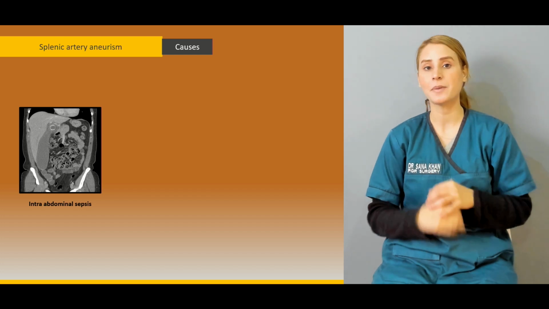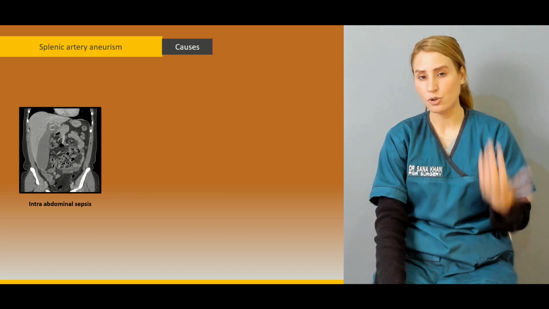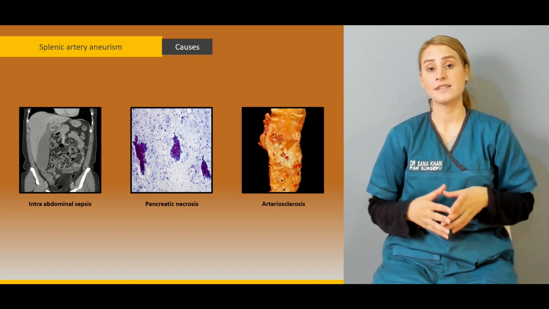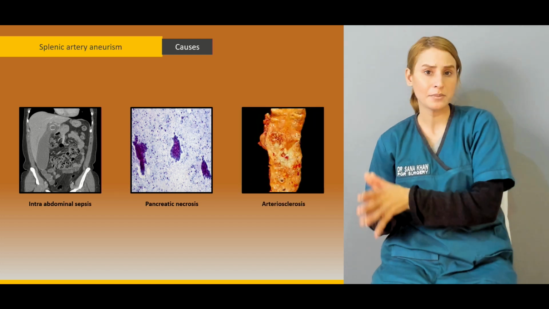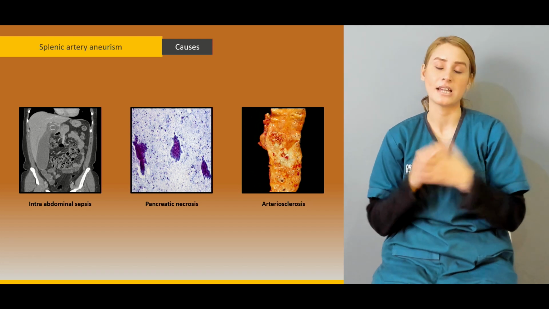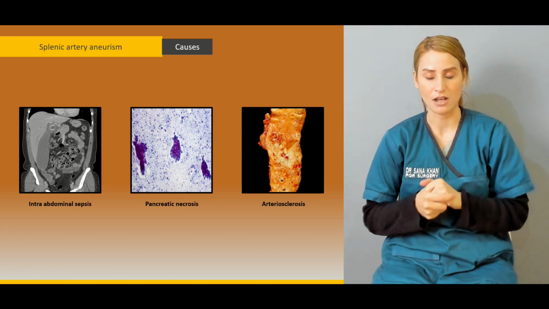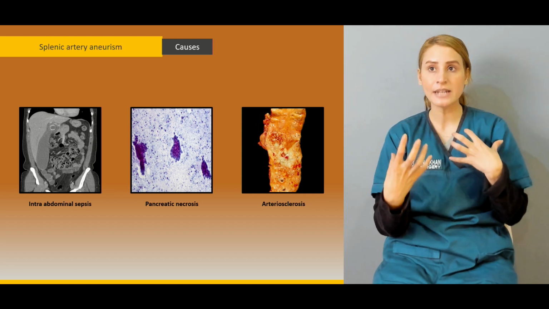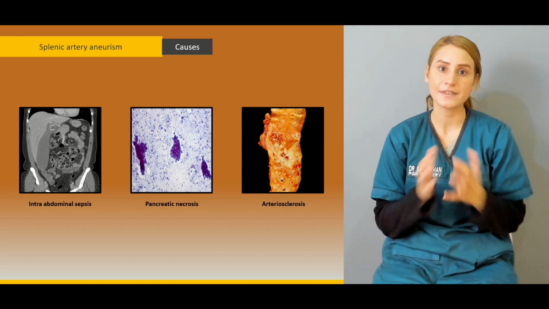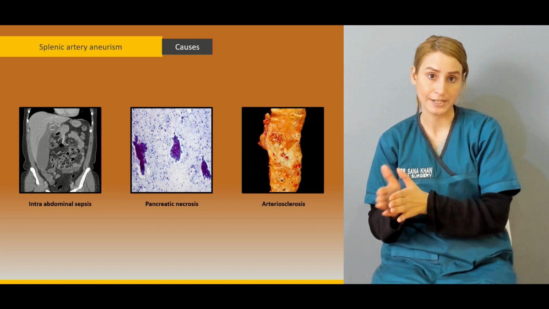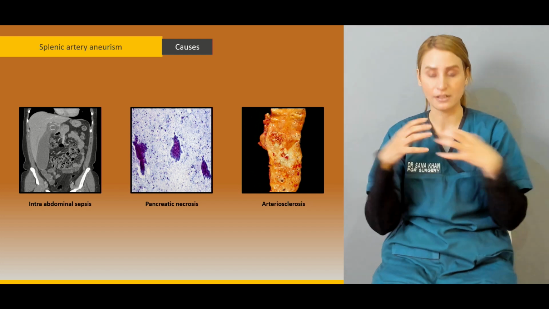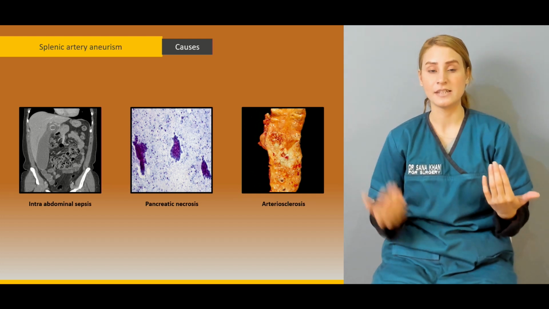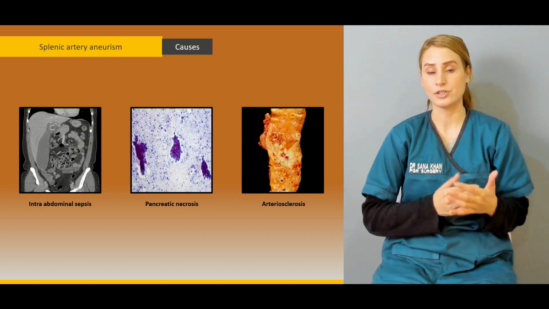So in case of the splenic artery aneurysms, the cause is intra-abdominal sepsis. The single most important cause is pancreatic necrosis, or there can be a generalized cause, which is arteriosclerosis and atherosclerosis. We know that whenever there is a process of atherosclerosis and cholesterol deposition in the lumen of the artery, the endothelium is the first most important layer. If we talk about the